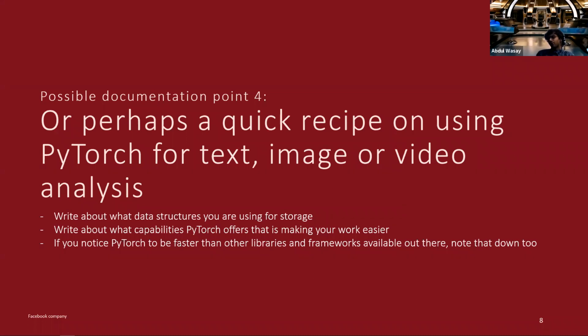So if you're going to be doing a quick recipe on this, say you build a simple image classifier. Let's pick an image classifier, okay? Or let's say, forget image classifier, we're talking too much about images. Let's pick a text classifier. You made a text classifier that tells you what kind of text a paragraph is, okay? If I give you a paragraph, it will tell me, hey, this paragraph talks about a person, or this paragraph describes a scenery, or this paragraph is a notice, or this paragraph is a news report, something like that, or this paragraph is talking about a celebrity, things like that. So if you're building a solution for that,